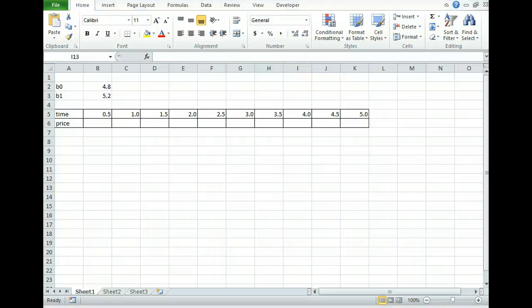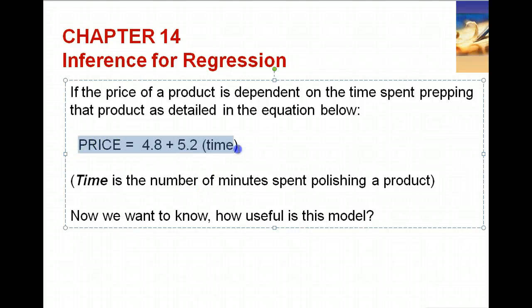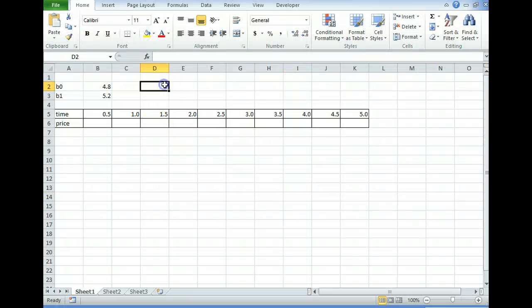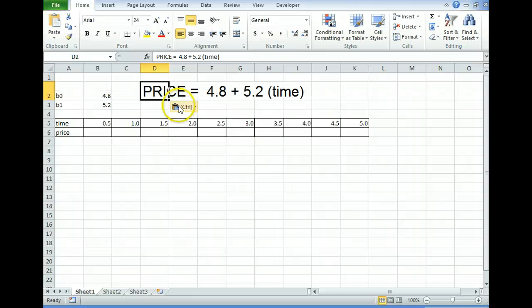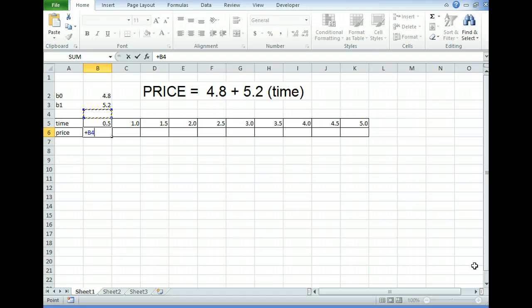Let's look at this equation mathematically. Let's copy this and stick it here so we can see it. Now, the price is 4.8 plus 5.2 times the time. So if we have the times here, which is the independent variable, and we wanted to figure out the price, that's going to be 4.8 plus 5.2 times the time, which is that. And if I calculated it for everything here,